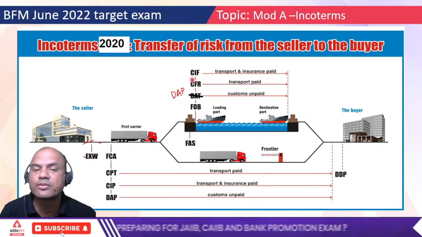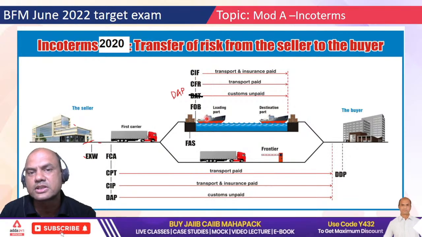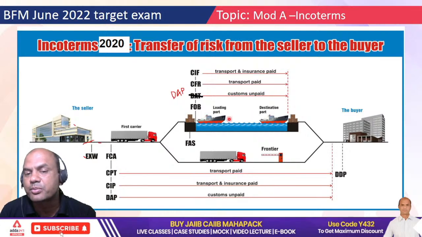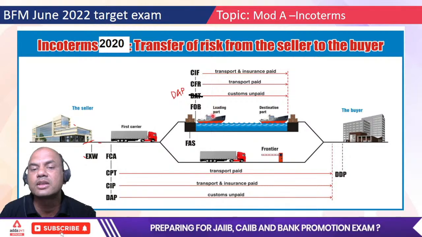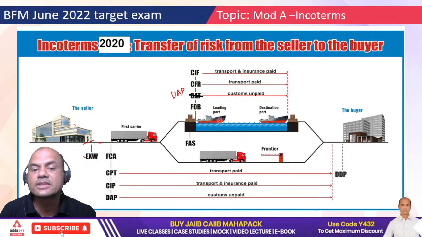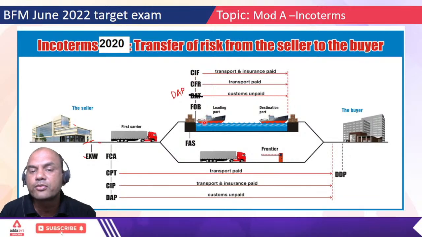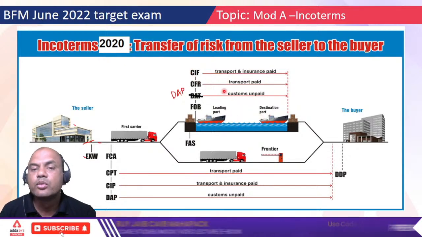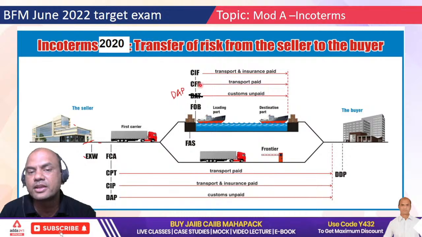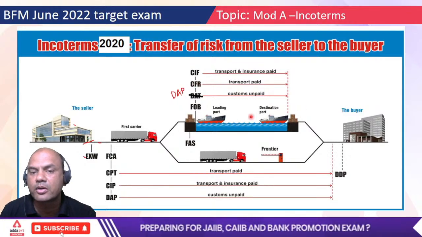Similarly, we call it CFR, cost and freight. It means I'll load the goods on the ship and also bear the transportation charges. In simple words, I'll buy the ticket of the ship, or the BL of that ship. The cost is mine, so it's called CFR. Now if the ship sinks while going from here to here, whose responsibility is it? If I am in CFR, then it's the responsibility of the buyer. The insurance is to be bought by the buyer.